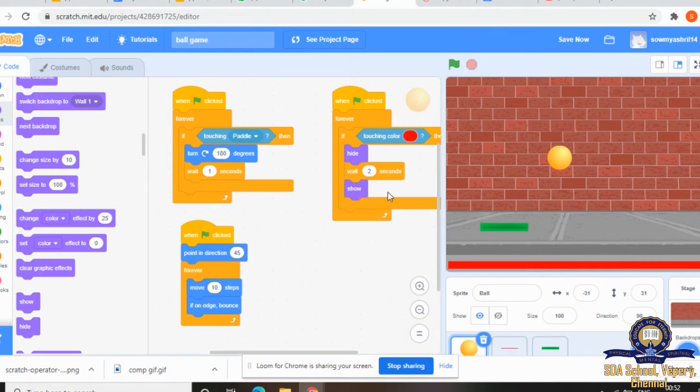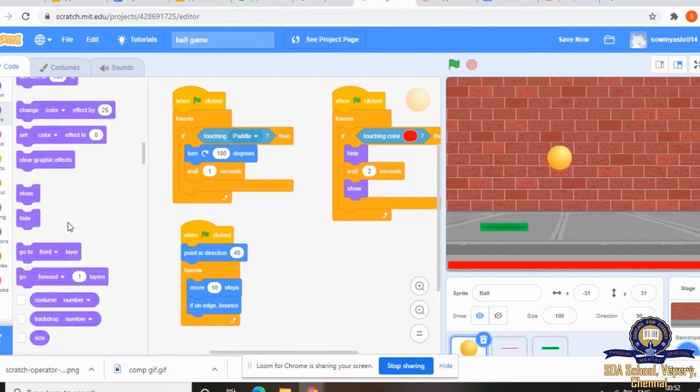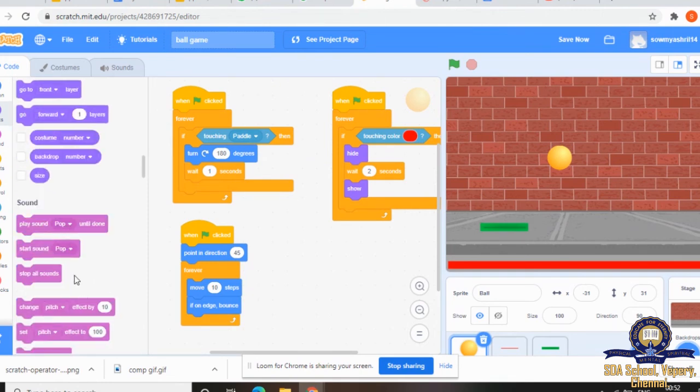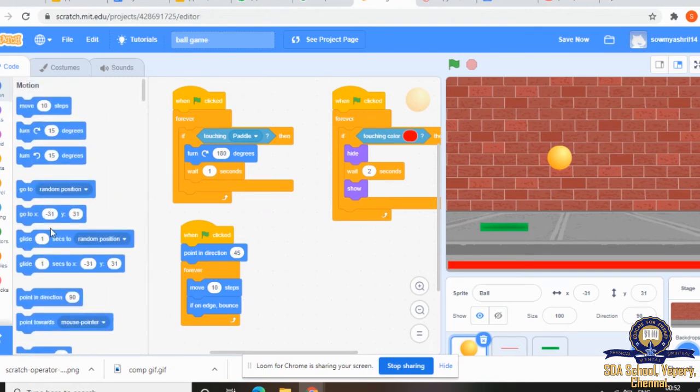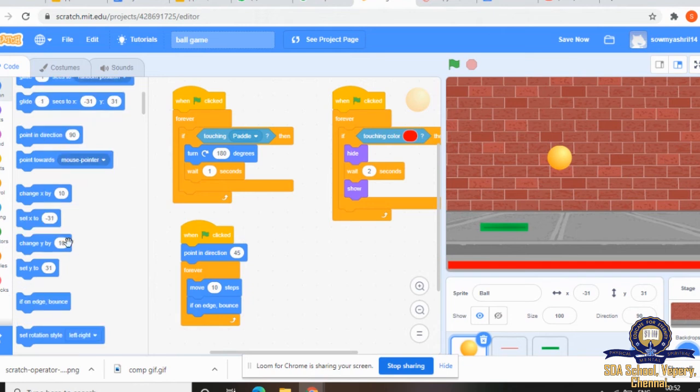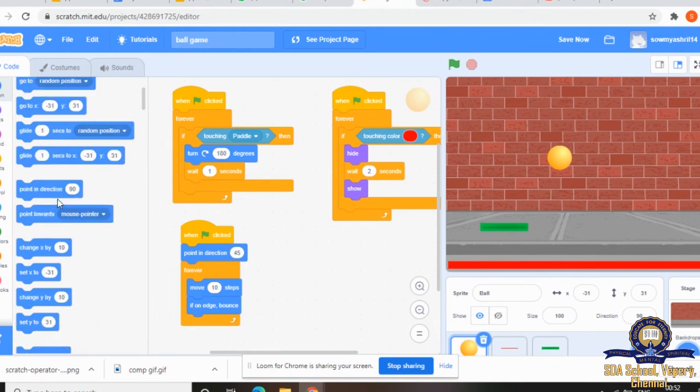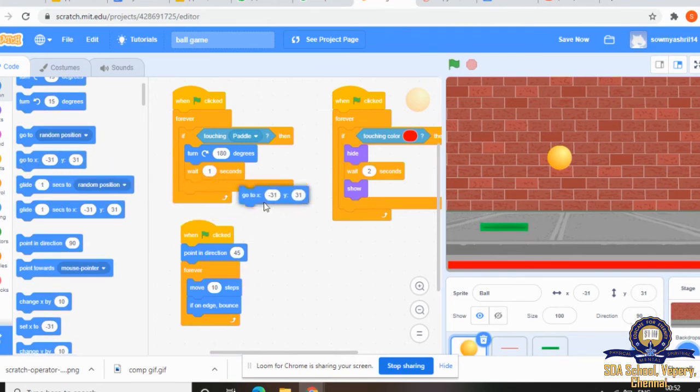Then go to X and Y axis. It is in the motion, I think. See here, X axis. Go to, yeah, here. We'll give 0.